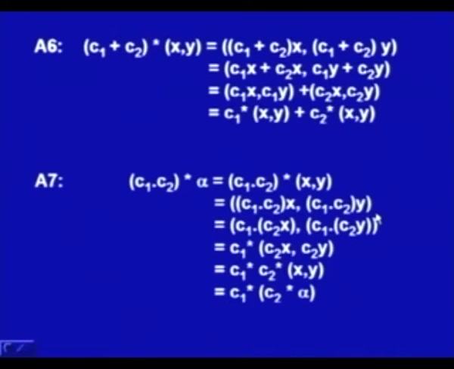So, this is the vector, and then we again apply the associative property for real numbers, and it is C1 dot C2 x. So, we can change the order here, the bracket has been changed, same thing will be done here, and then C1 can be taken outside, and what we have is C2 x comma C2 y. This is nothing but C1 star C2 star (x, y), and finally what we have is C1 star C2 star alpha. So, we have proved that (C1 dot C2) star alpha is the same as C1 star (C2 star alpha).